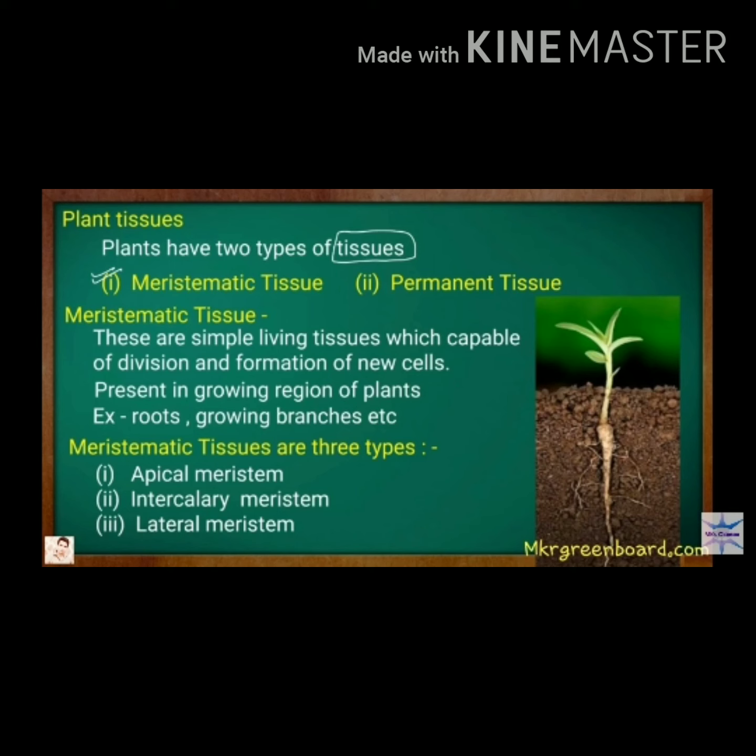They are classified on the basis of origin into primary and secondary tissue. Primary tissue comes from the embryo. Secondary tissue is formed from permanent tissue when cells divide. The cells of the primary tissue are derived from the primary meristem, and the cells of the secondary tissue from the primary permanent tissue.